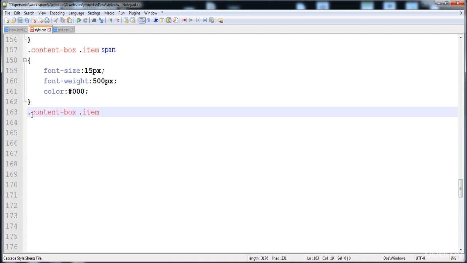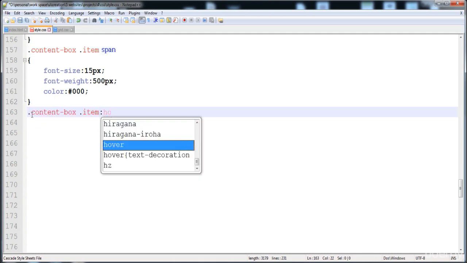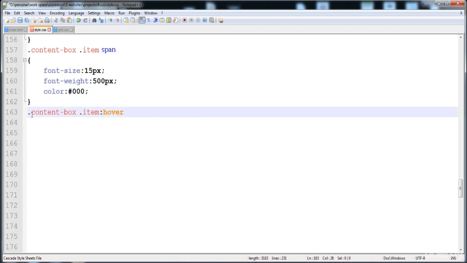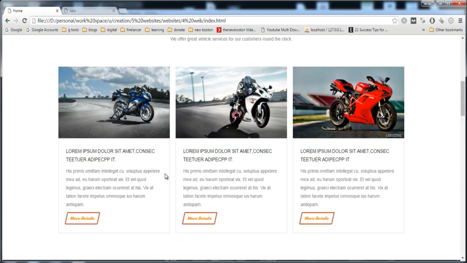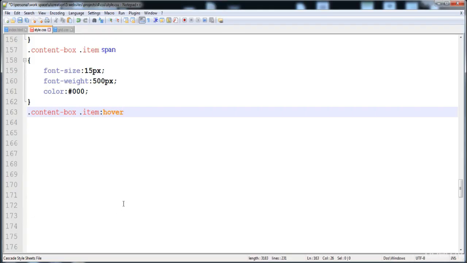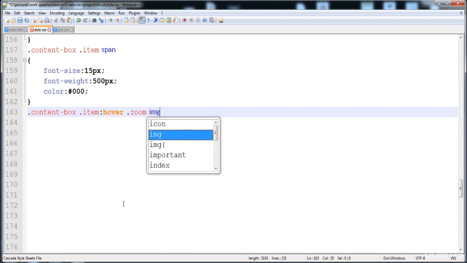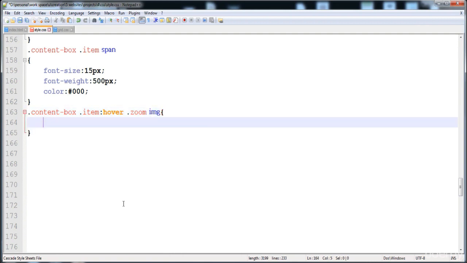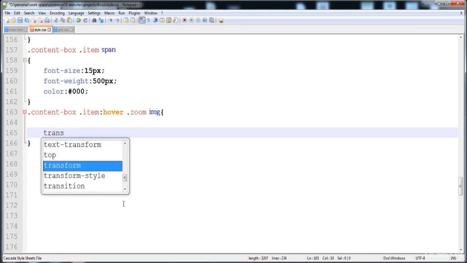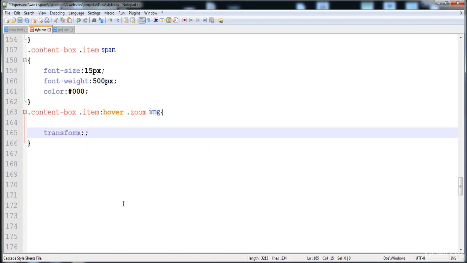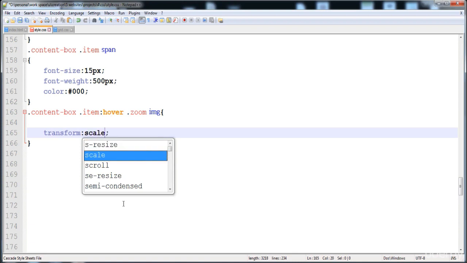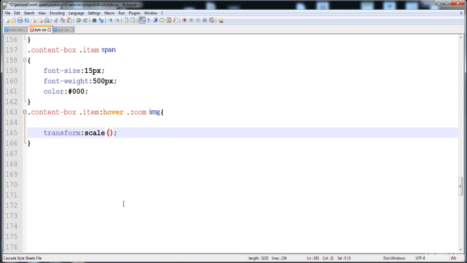Copy this, here it is, and when we take the mouse over the item div, this div contains the image and the text, both things. So that's why here is .zoom-div image. The transform property will be applied on this image. Here is the scale, so the image width and height is increased by 1.25 and it rotates 5 degrees. Here it is,